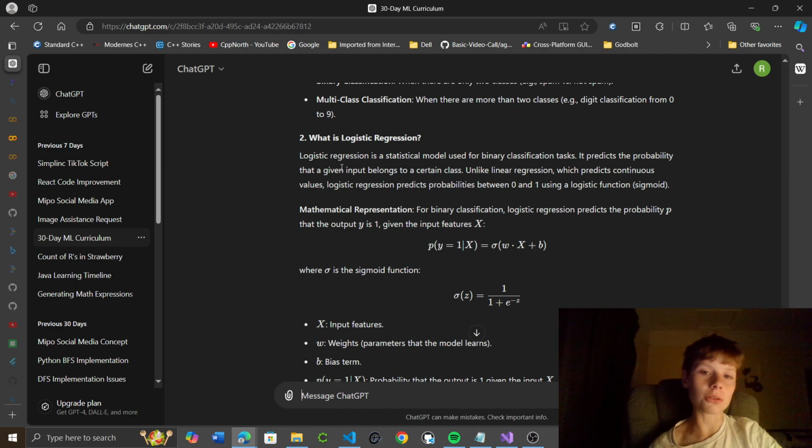So, what is logistic regression? It's a statistical model used for binary classification tasks. It predicts the probability that a given input belongs to a certain class. Unlike linear regression, which predicts continuous values, logistic regression predicts probabilities between 0 and 1 using a logistic function, a sigmoid. Mathematical representation. For binary classification, logistic regression predicts the probability P that the output is Y given the input features X. So probability is the output is 1